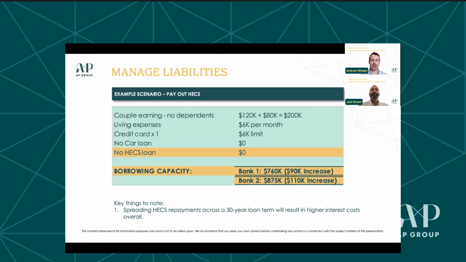So we'll jump onto the next slide now and have a look at HECS. So again, $50,000 HECS liability that's been paid out. And you can see there from the slide that the borrowing capacity change is between $90,000 and $110,000. So we're looking at capacity now up in the range of between $760,000 with one bank and $875,000 with another. Again, really important to note that spreading HECS repayments over 30 years will result in higher interest